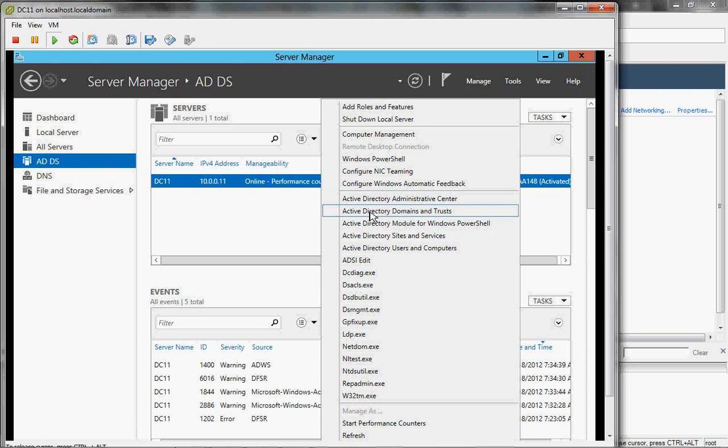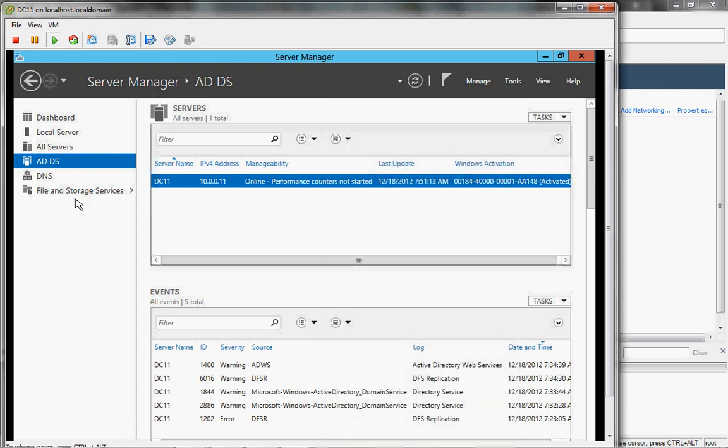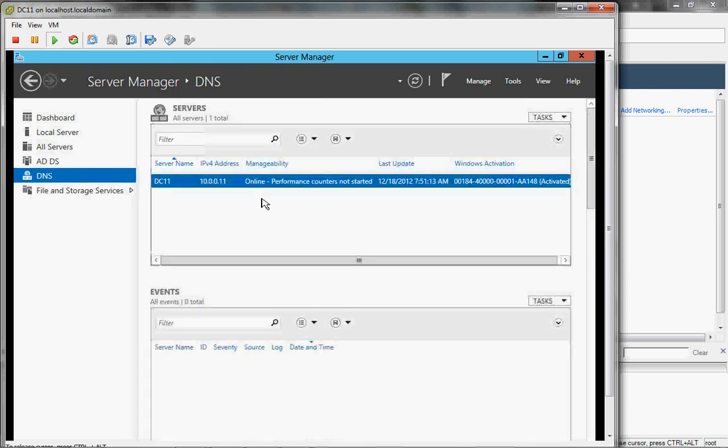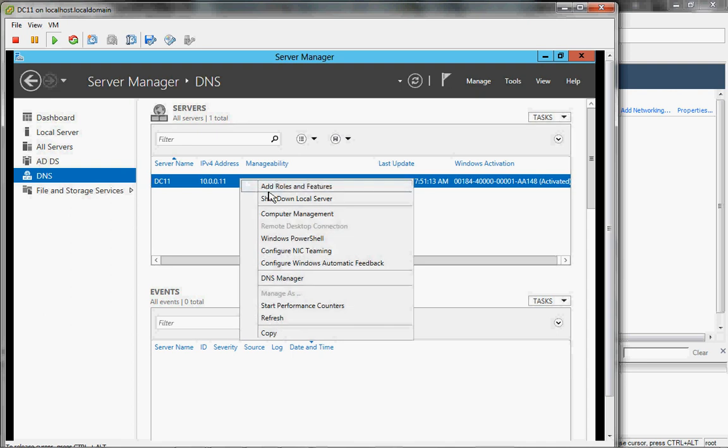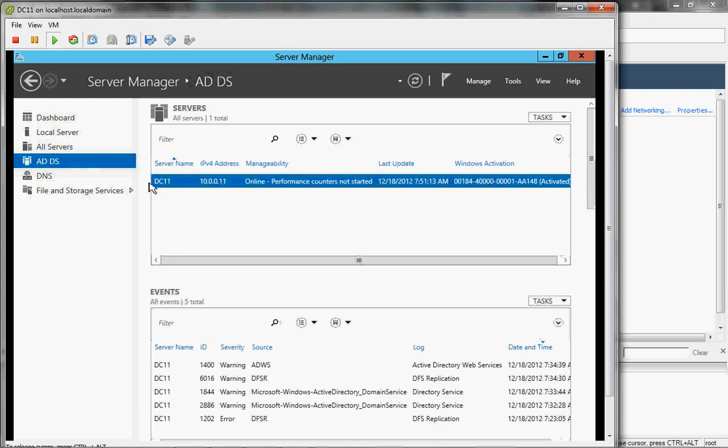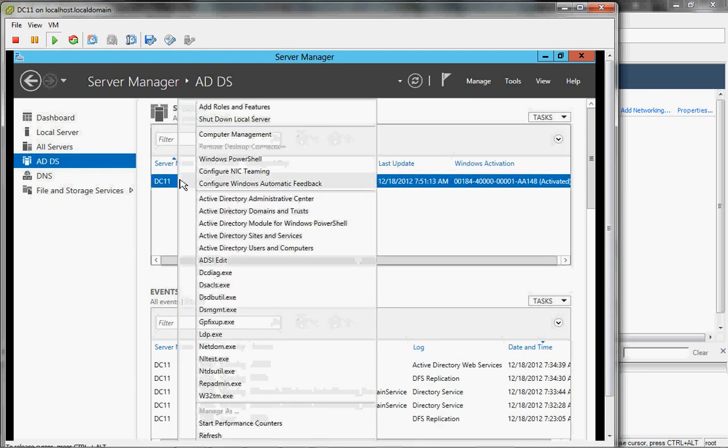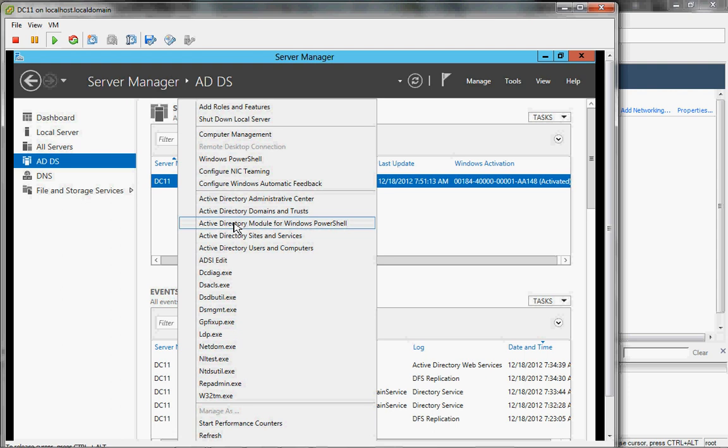So when we were in the AD tab on the left-hand side, and you right-clicked, you got the Active Directory Administrative Center, Active Directory Domains and Trusts, the Active Directory module for PowerShell, Active Directory Sites and Services, and Active Directory Users and Computers. So for people who have used older versions of Windows Server,